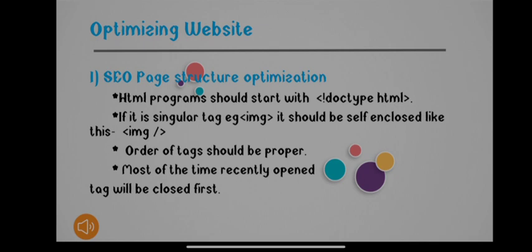After I have placed the content in the image tag, in the table tag, in the body tag, I will first close the image tag, then the table tag, and then the body tag. So it is necessary that we use opening tags as well as closing tags in HTML. All these are basic steps that we need to follow whenever we are designing a web page. This is how we can maintain the page structure.